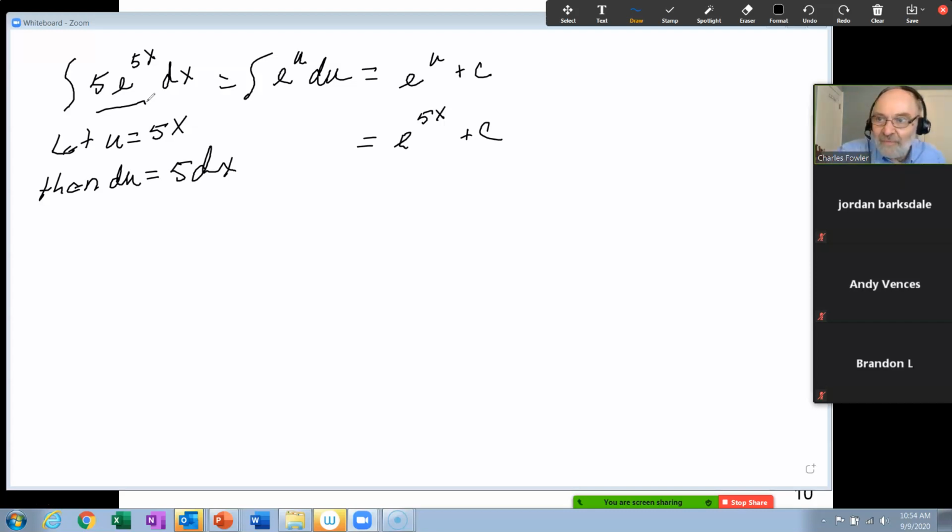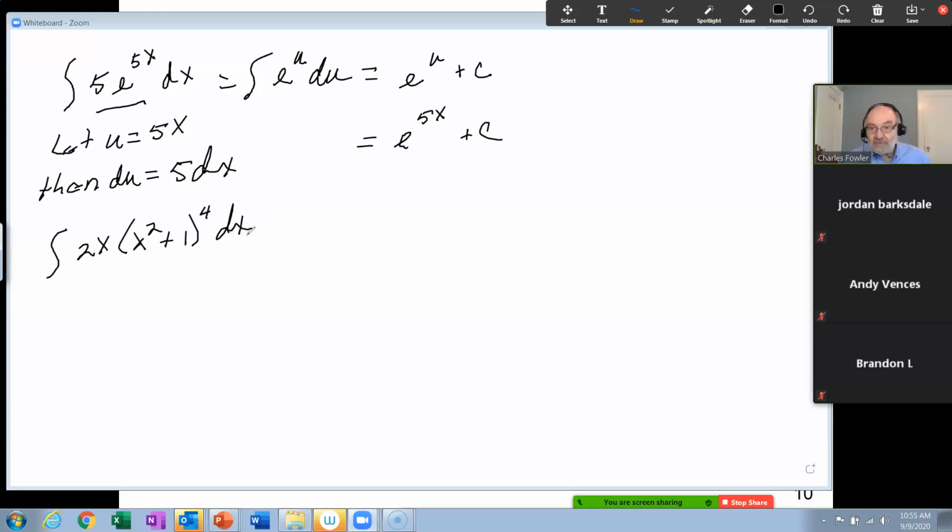Let me write them down for you, because it is sort of a good exercise. They didn't do them, but let's do them. Here's the first one. We're not going to solve them, we're just going to write them down. The integral of 2x times (x squared plus 1) to the 4th power dx.